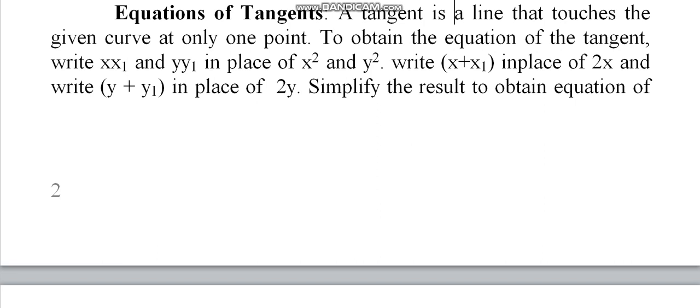If you take the point (3, 3), you may note that 3 square is 9 and 3 square is 9 again, so 9 plus 9 is 18, which does not satisfy the equation. So we need to take the point as